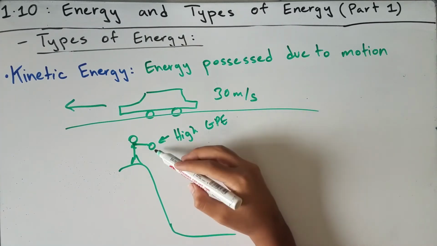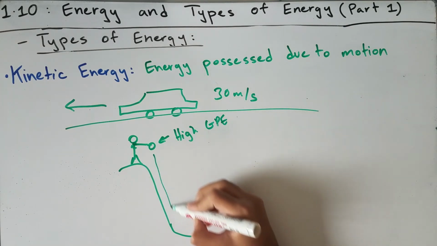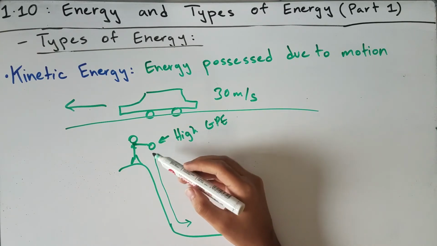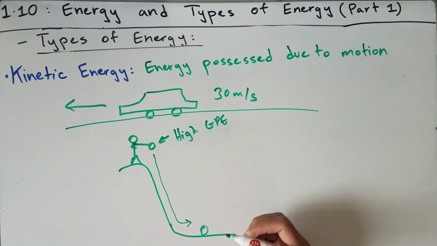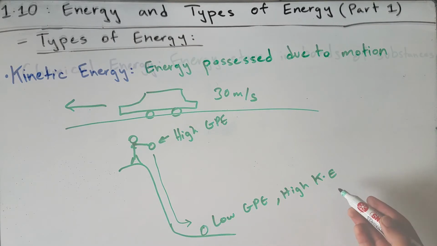And as soon as that boy releases that ball, the ball's gravitational potential energy is going to get converted into kinetic energy, as that ball won't be stationary anymore, but it will gain velocity until it reaches this point where it comes to a lower level of gravitational potential energy. But it has more velocity as it accelerates down the cliff, so it has higher kinetic energy.